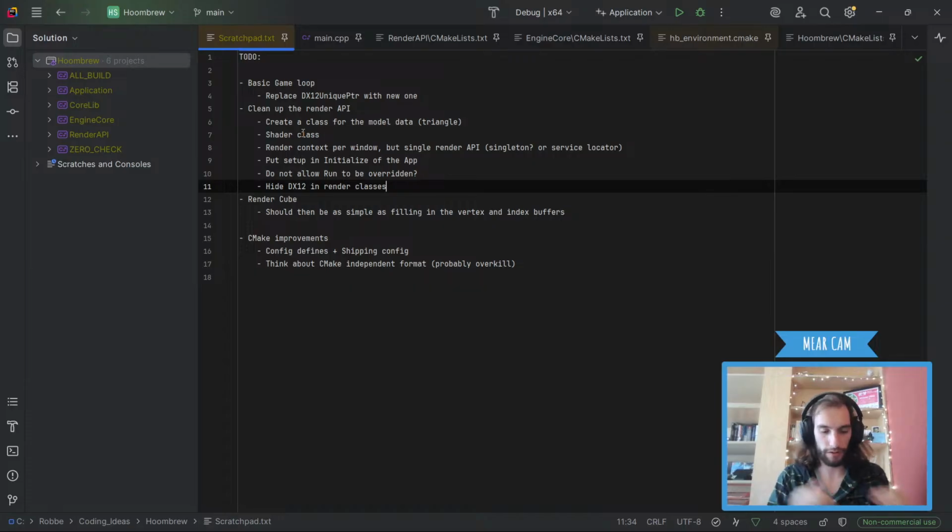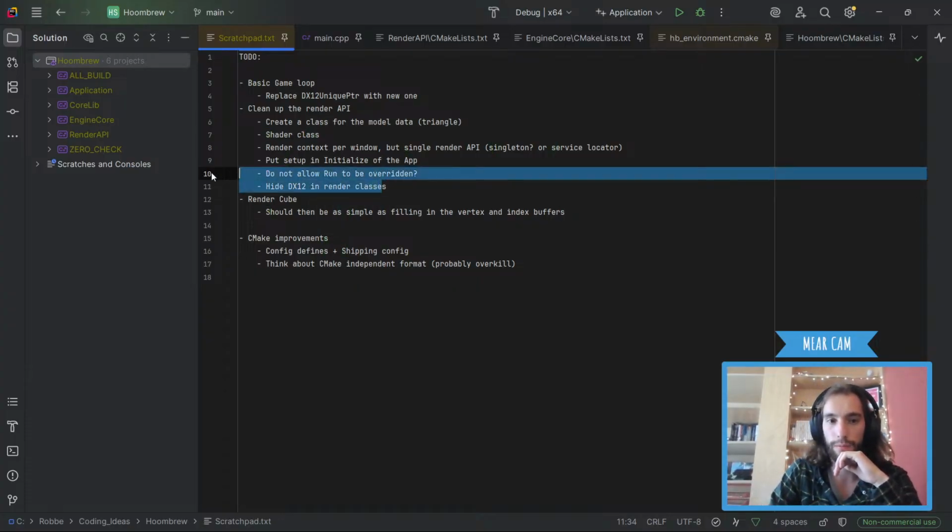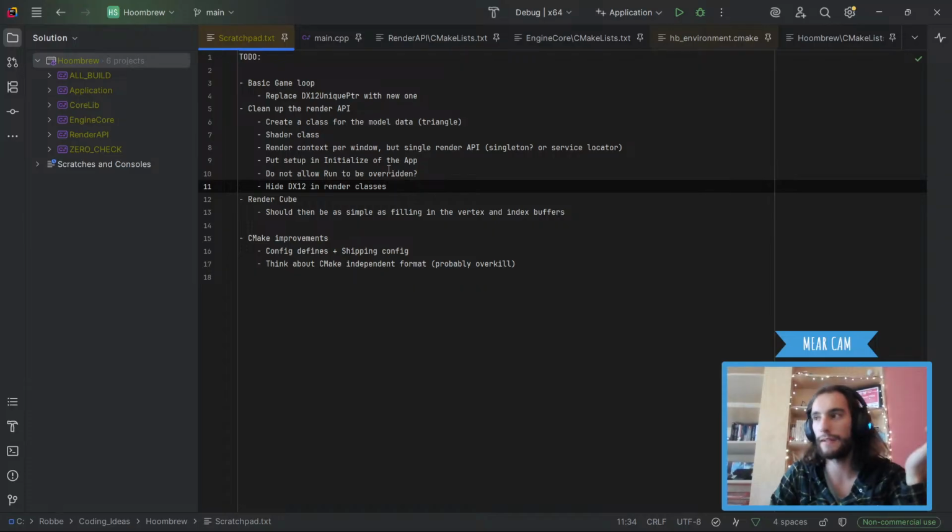It needs indexes, it needs vertices. I'll explain all of that stuff later on. We need a material, so we'll make a material class, and so on and so on, and see how we actually want to structure the rendering side of the engine and try and abstract everything from DirectX 12 in here, so that when we actually want to switch over to another API, we can actually do it pretty easily. Okay, I think that's about it.